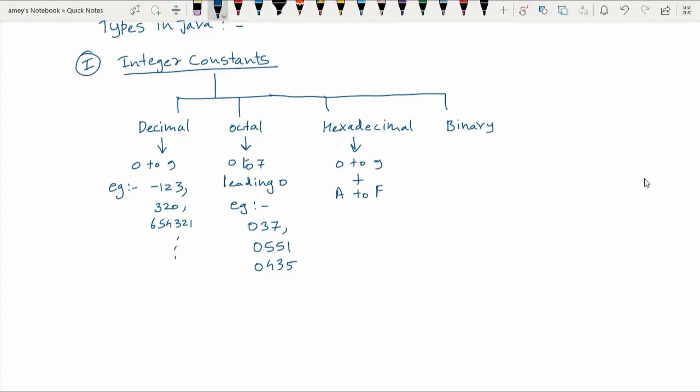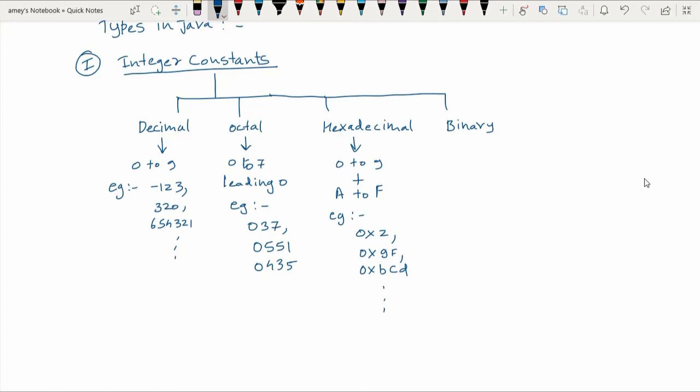Right? So these are the hexadecimal numbers. And in Java, you can define a hexadecimal number if the digits are preceded by 0x and followed with the number, say 0x2 or 9f or B, B, C, D and so on. These are the examples of hexadecimal numbers, right?